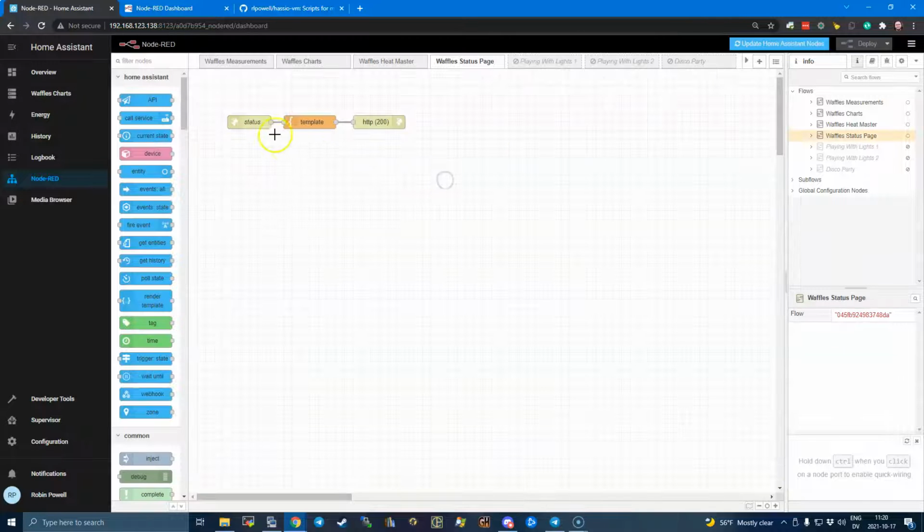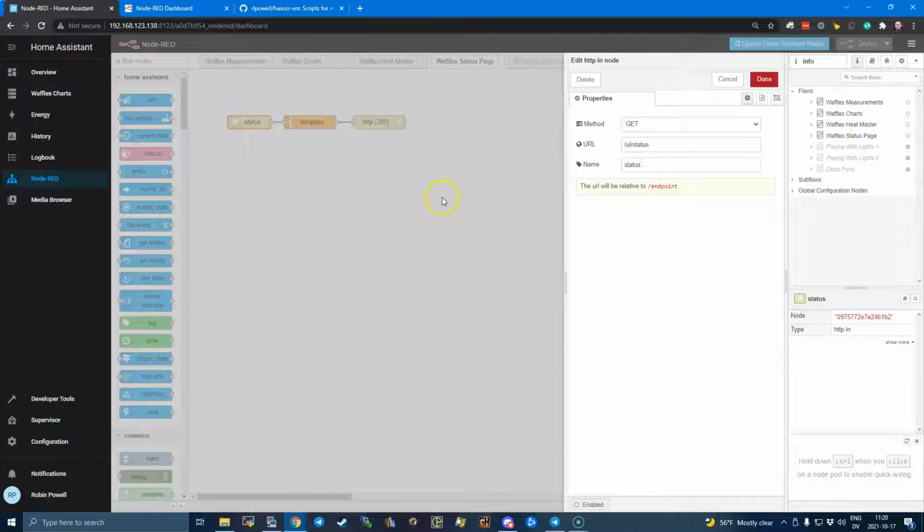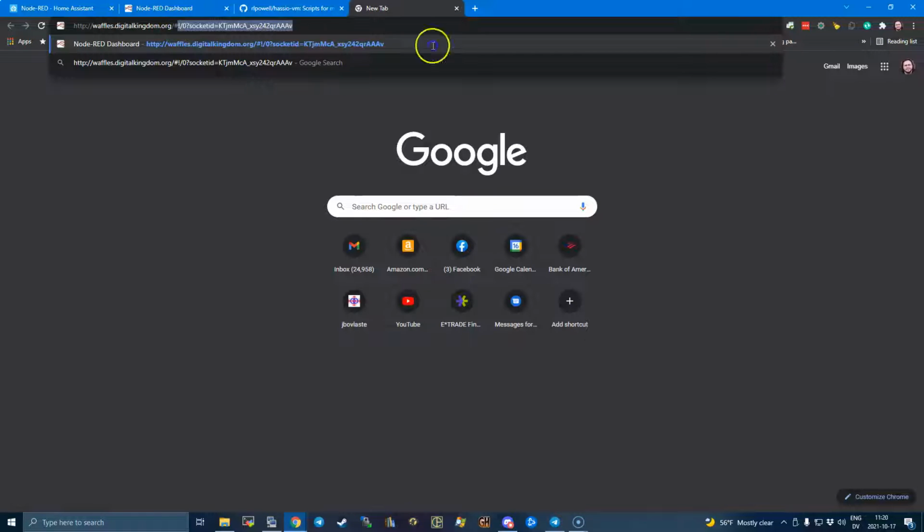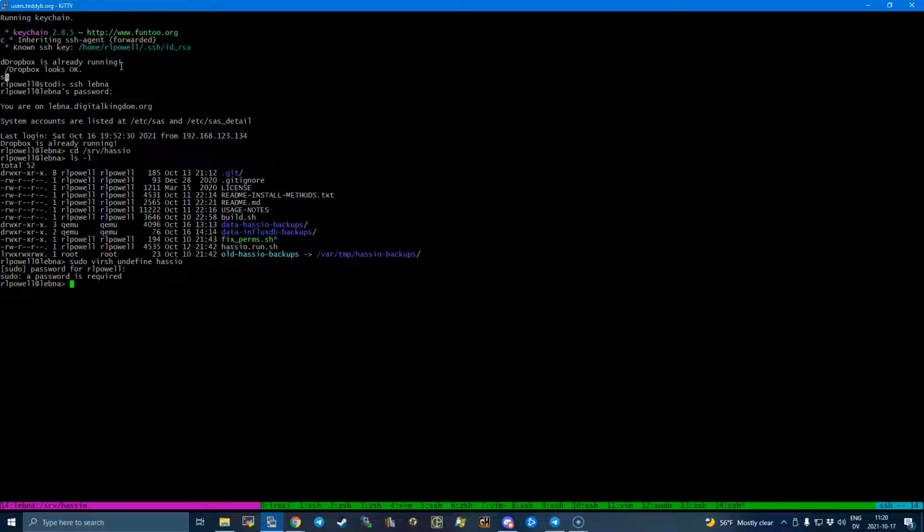This Waffle status page is an HTTP endpoint at /UI/status. So if you go to waffles.org/UI/status, that is. Oh, right. Sorry, I configured it so that it would just be status. There we go. So if you're going to digitalkingdom.org, it's just status. If you go to the UI, it's UI/status, whatever. It doesn't matter. All this does is print a timestamp, the last time it was updated, and the status. And this, in turn, is used by